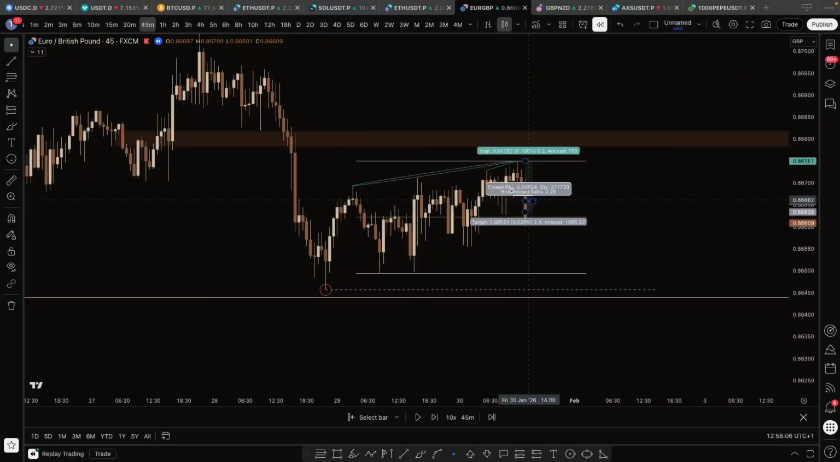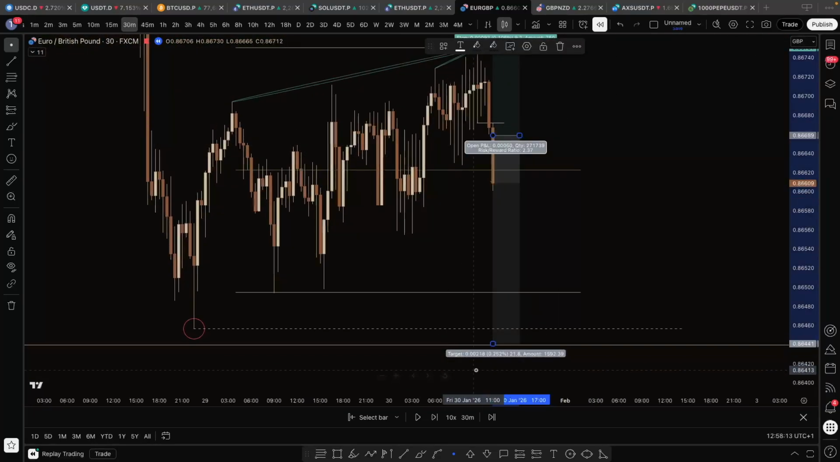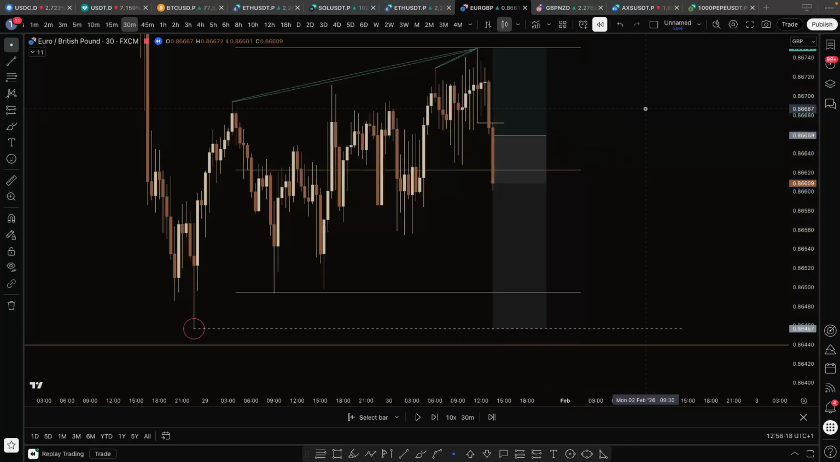You target not the range low, but of course the red circle low, and you can even target that low I was talking about. Holy shit, I couldn't get on it. But for a 2.2 RR,